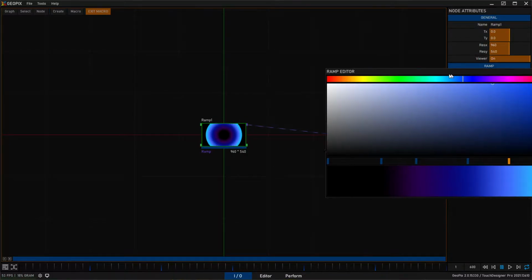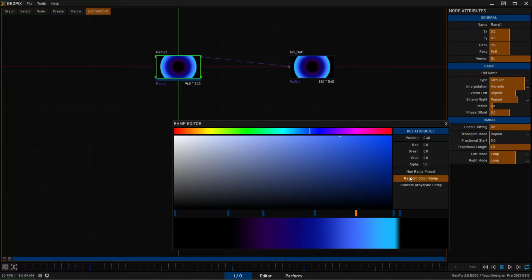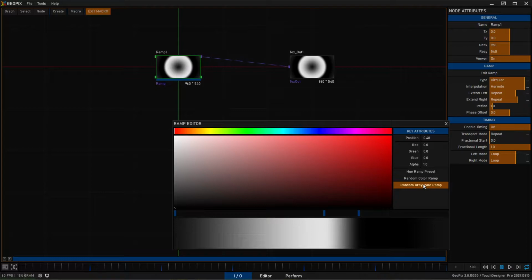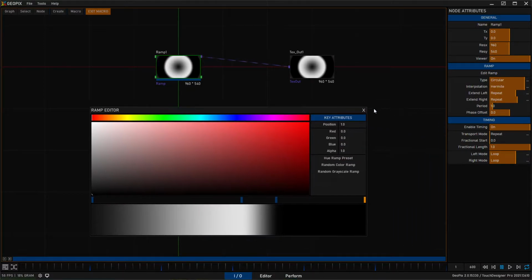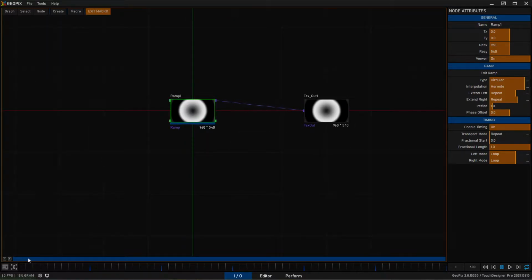and click Edit. It's going to bring up our color ramp editor, and with this open, let's just click random grayscale ramp, and let's give ourselves something a little interesting here. Honestly, not too interesting because I want it to be identifiable as a circle ramp. So maybe this actually works out just fine. Let's just stick with this for now. So we've got a circular ramp, and if we want to, we can just test our macro